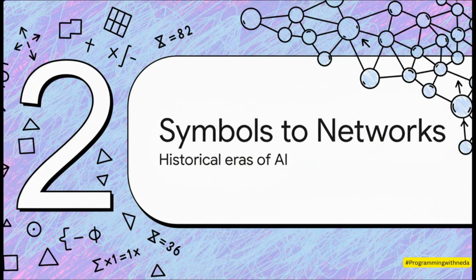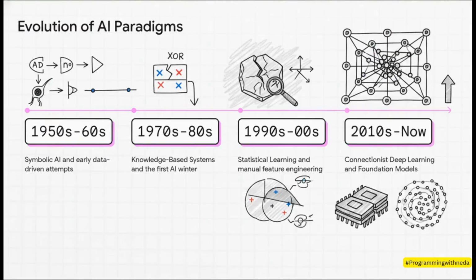Section 2. From symbols to networks, historical eras of AI. So, we definitely didn't always rely on massive data sets to teach our machines. Our field has actually undergone some pretty massive paradigm shifts. Back in the 1950s and 60s, we heavily relied on what we call symbolic AI, which was totally dependent on